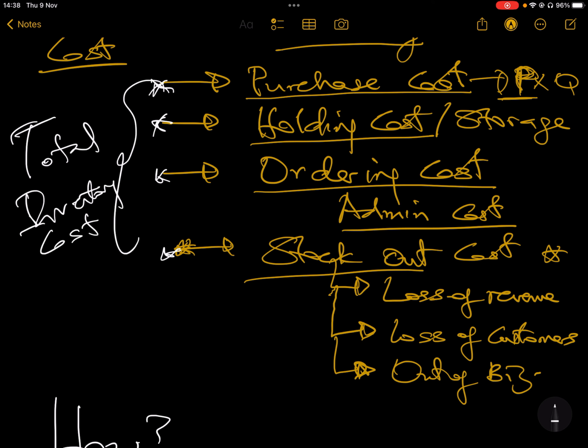Yeah, total inventory cost. But let me quickly mention this. In this paper, we're only going to focus on the first three. The stockout cost for calculation is not relevant, but it's good to know it because you can use it to bring in additional perspective to your discussion, especially if you have